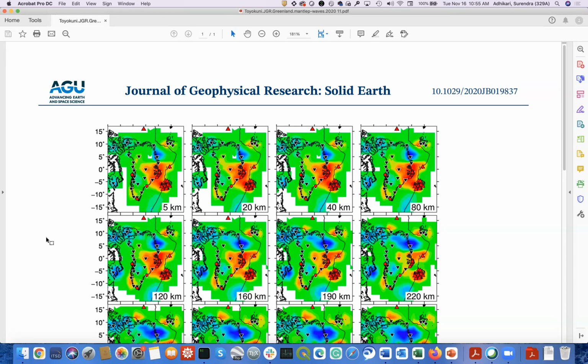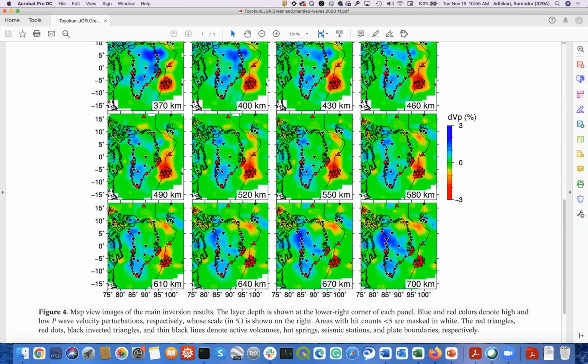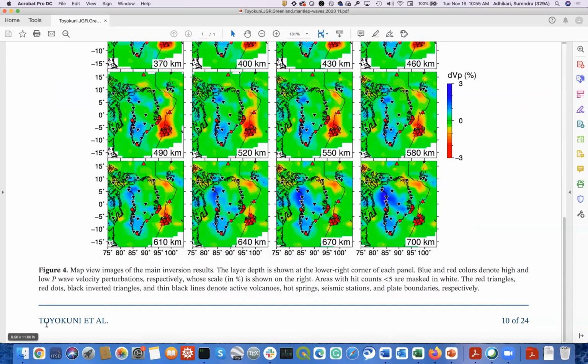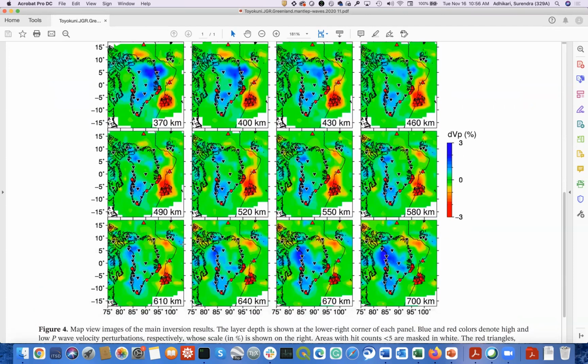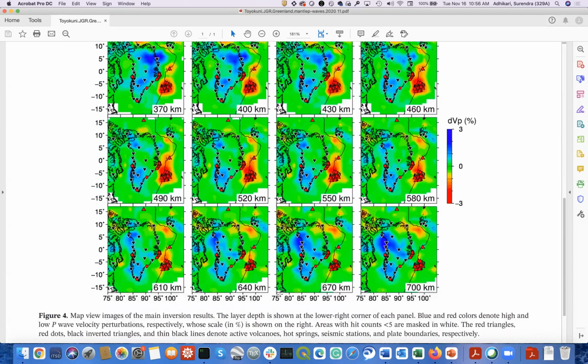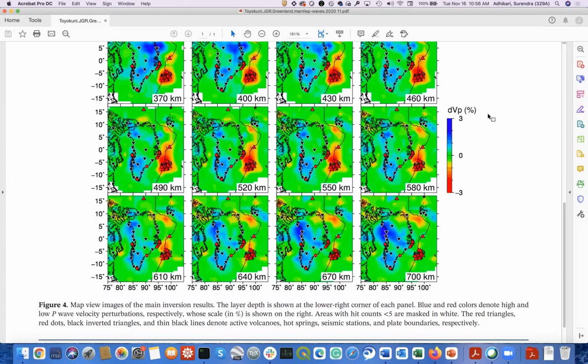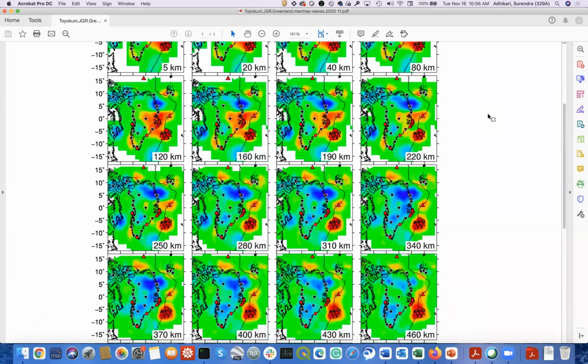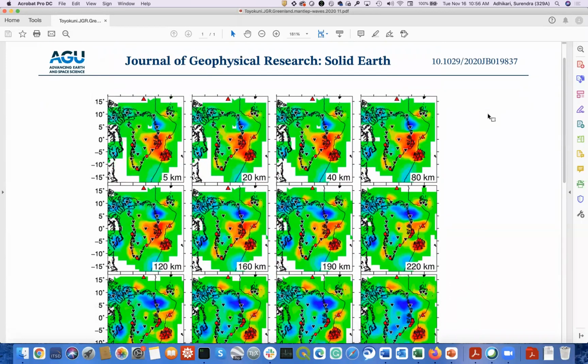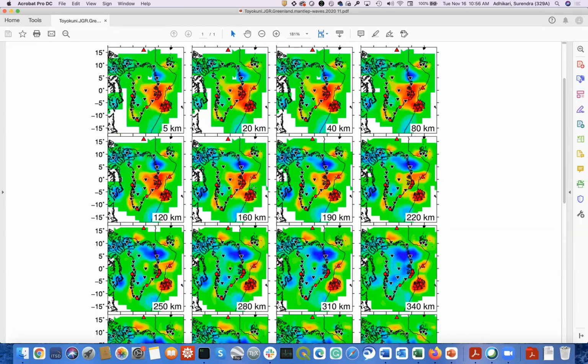The first reason is a recent paper from 2010, which I'm sure you must be familiar with, by Toyokuni. I know you said just before that seismic data are not so reliable. But if we look here, they have this P-wave velocity anomaly, as you can see, for different depths in the upper mantle. So the impact of the outstanding hotspot, which is clearly shown here, is really kind of local or regional, if you may. And so it persists, of course, in the upper 200 kilometers.